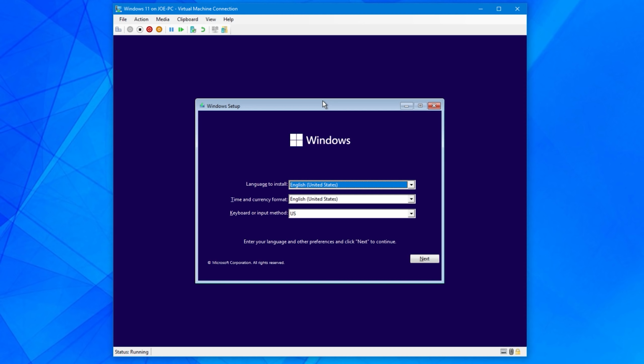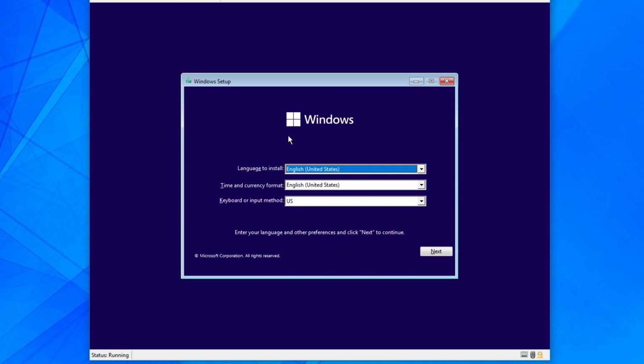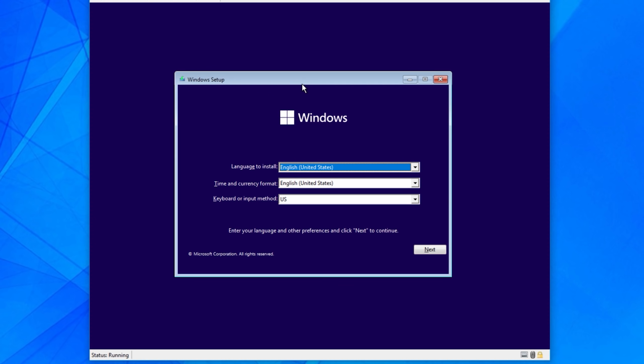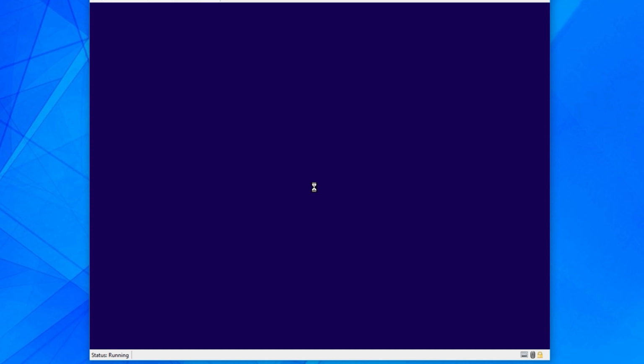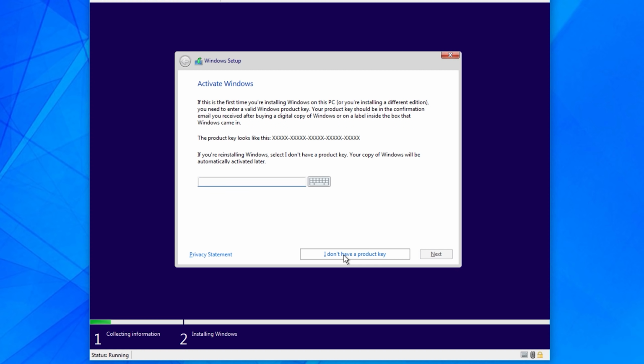So I'll head right over to the computer and we can take a look. All right, so I created a virtual machine in Hyper-V and added a virtual disk drive with the ISO file in it, and we can take a look what happens. So currently the setup looks pretty similar to the previous one in Windows 10. You can just hit next, install now, click I don't have a product key, and by the way, I'm skipping through all the dead time here.